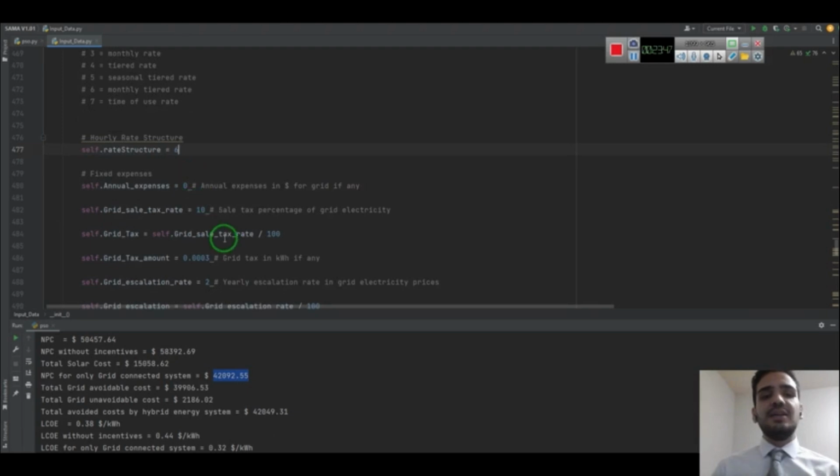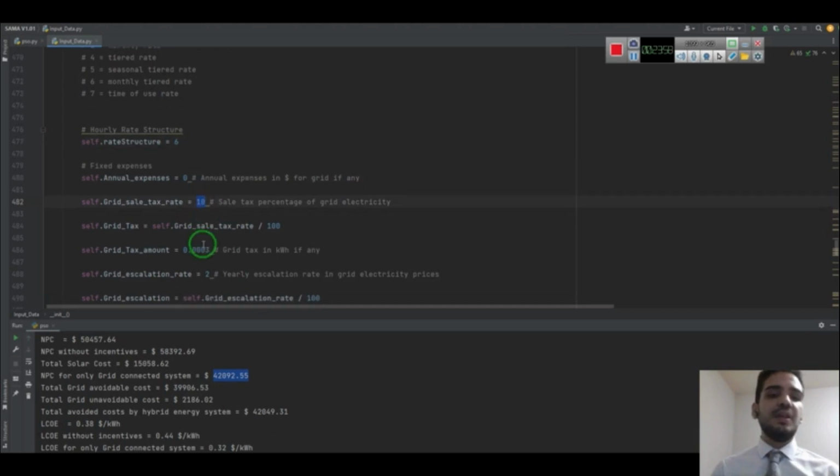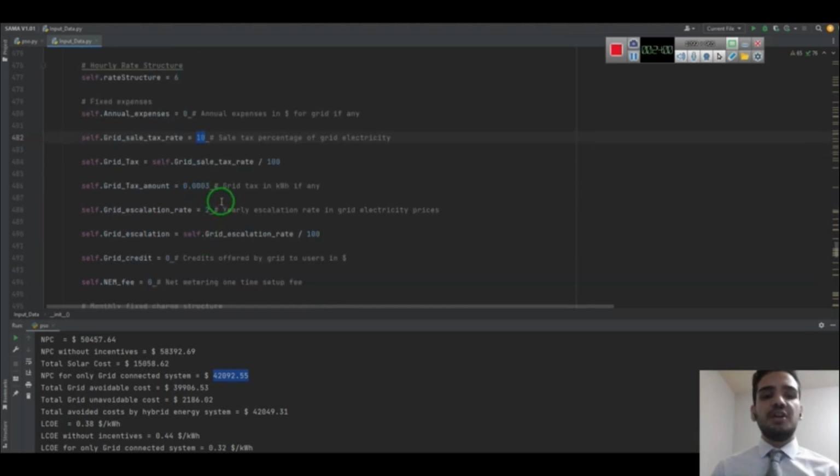But before that, we can consider the sales tax on the grid electricity. As I investigated, it's 10% for Los Angeles, so I defined this 10%. Also, as we know, there is a yearly escalation rate on the grid electricity prices.